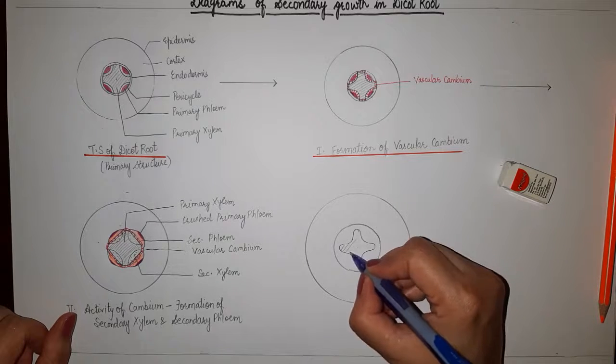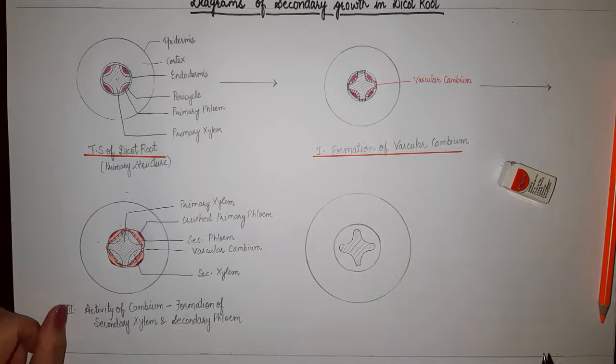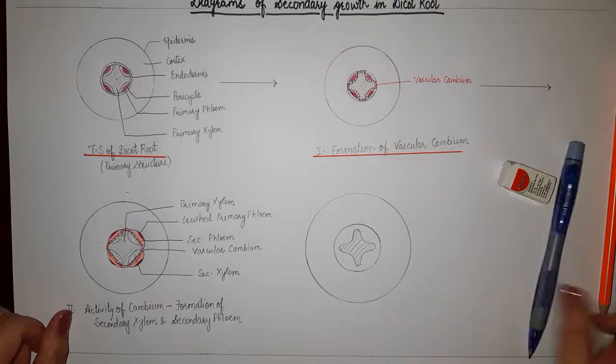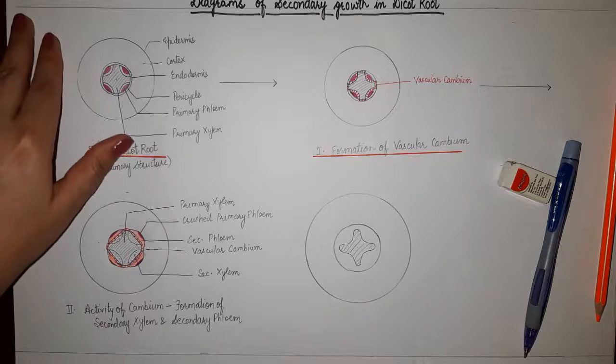So, this is primary xylem, and outside this now we will draw with a little gap